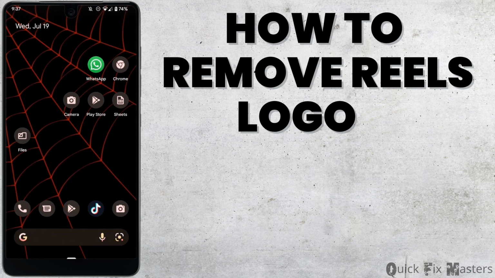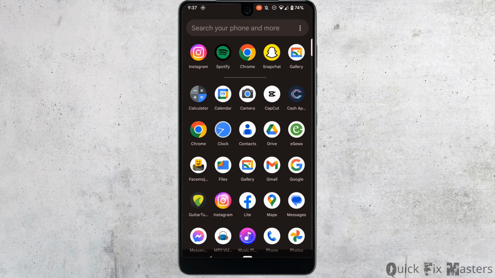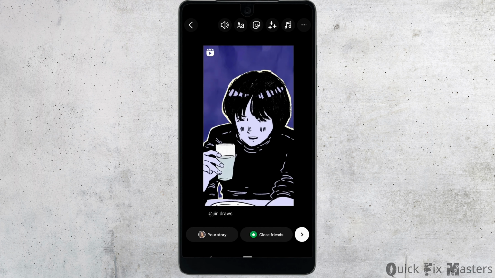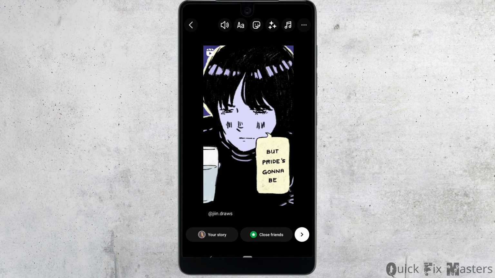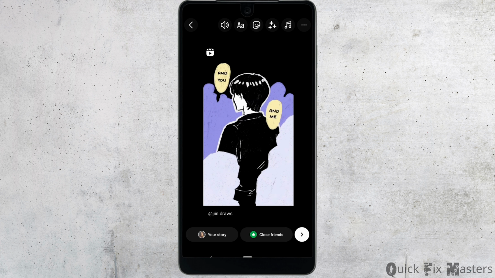How to remove Reels logo and username from Instagram story. First of all, open your application Instagram. So let's say this is the reel that you want to share on your Instagram. But you'll be able to see the logo and the username of the person right here. If you want to remove it before you share it on your Instagram story, what you want to do is